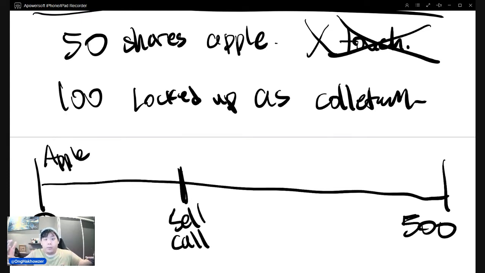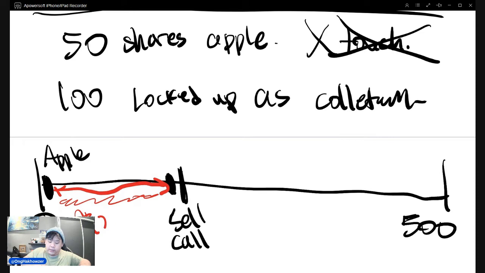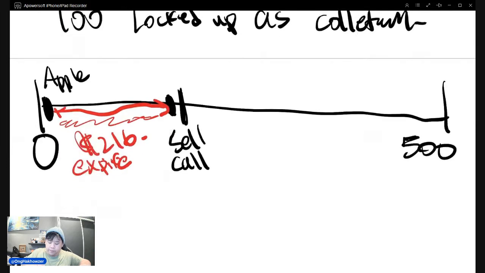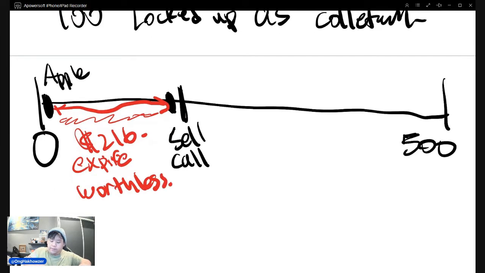The whole point of this option strategy, we want to get anywhere from here to here. This would be the best point, because let me see if I can get a color up in here. Okay, so over here to here, this is our favorite area to play with. If Apple stays anywhere within this area, we earn the money, because this $216 is going to expire worthless. So when it expires worthless, it will become $0, and you will automatically earn the $216 for free,